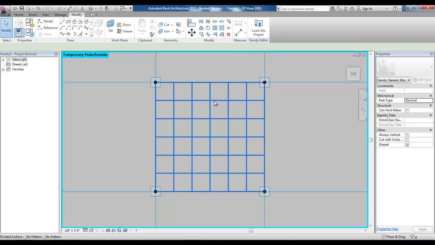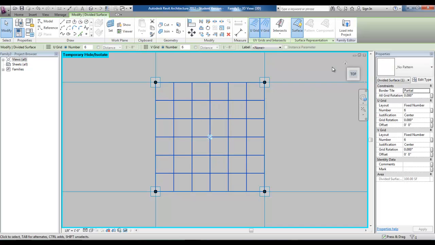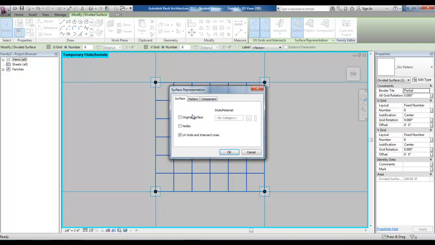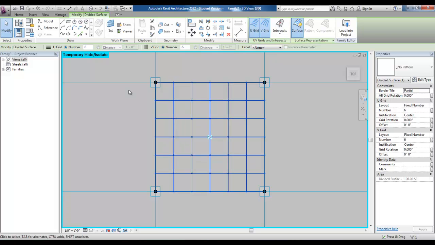The way to do that is to select the grid and pick surface representation. We'll pick the small arrow in the title, surface representation, and then put a check mark in nodes and pick OK. Now let's save this one